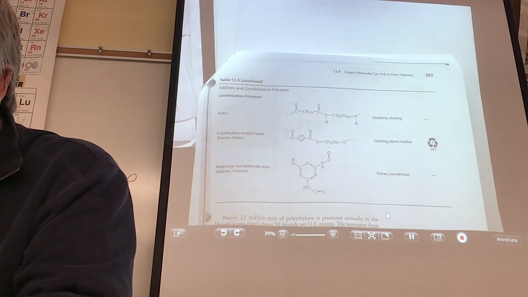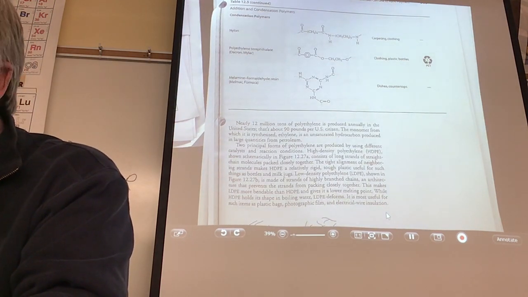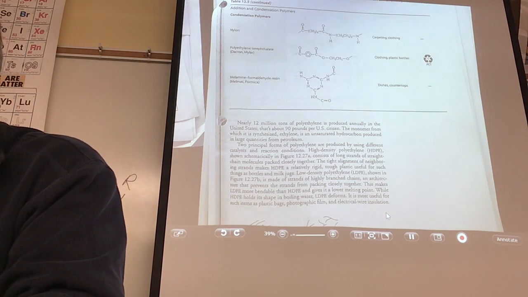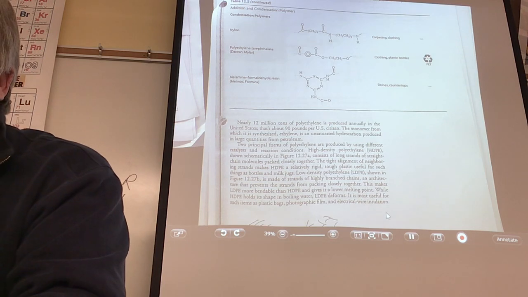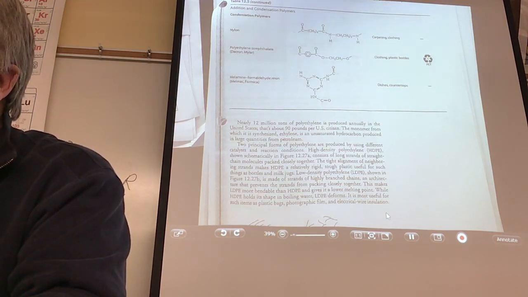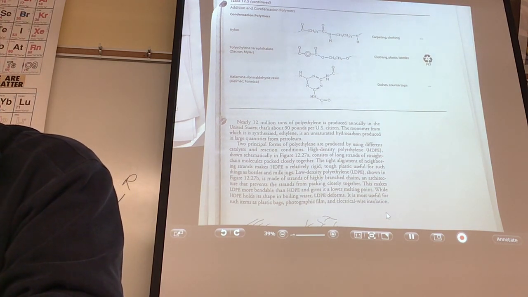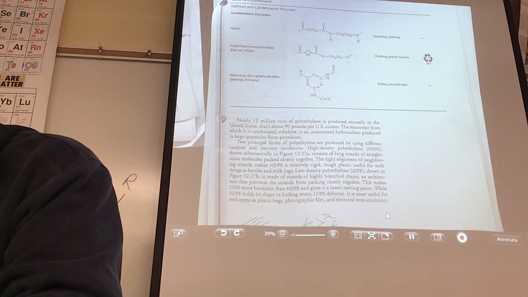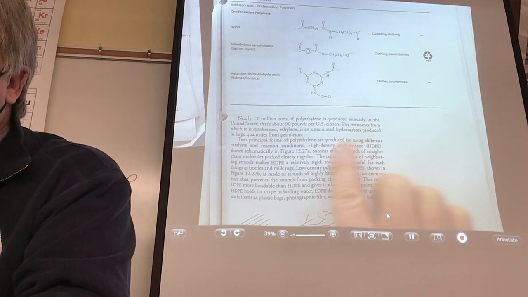Okay. It says here nearly 12 million tons of polyethylene are made annually in the U.S. That's about 90 pounds per citizen. Can you imagine that? Every one of you consumes about 90 pounds of polyethylene plastic in the United States. You take ethylene, unsaturate it, and make it all into a